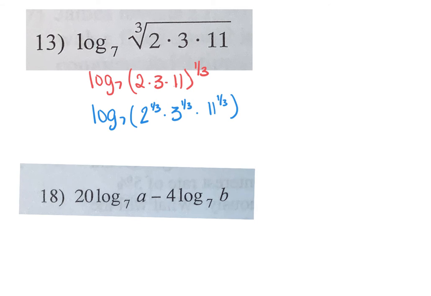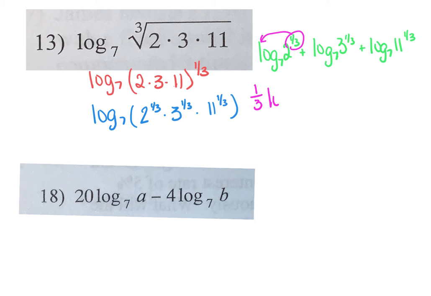All right. And now I can expand. So I'm going to expand that multiplication with what? How do I expand multiplication? With addition. So I'm going to say log base 7 of 2 to the 1/3 plus log base 7 of 3 to the 1/3 plus log base 7 of 11 to the 1/3. And then what else can I do to expand here? Right, the exponents can go in front. So I have 1/3 log base 7 of 2 plus 1/3 log base 7 of 3 plus 1/3 log base